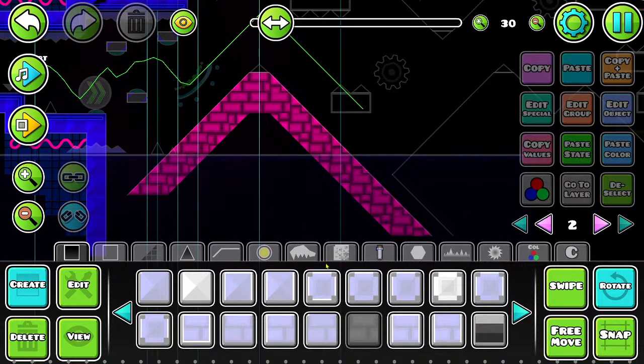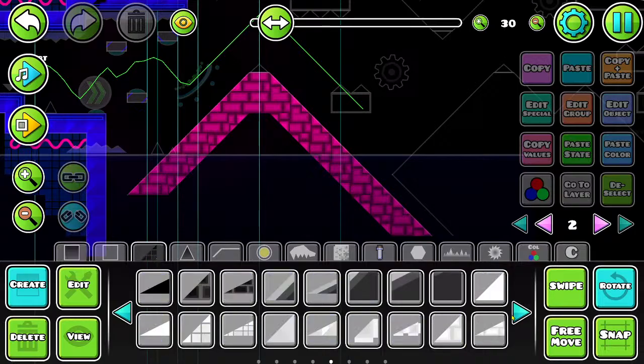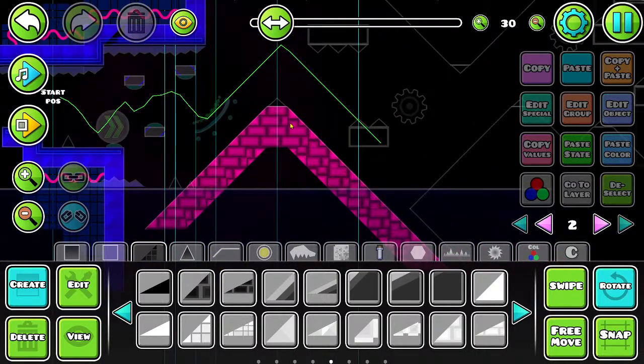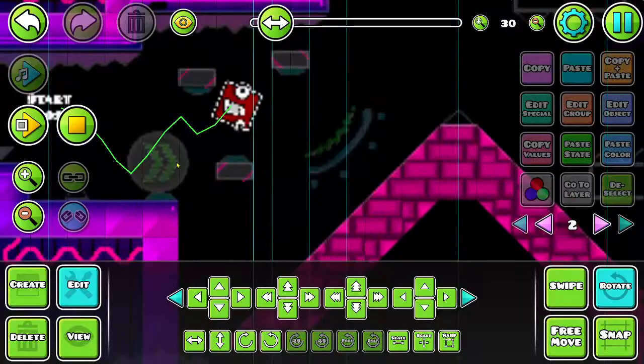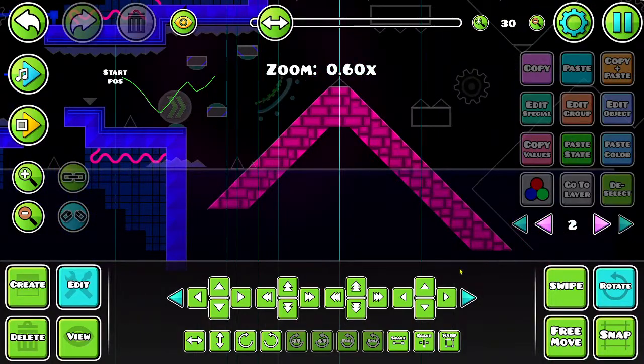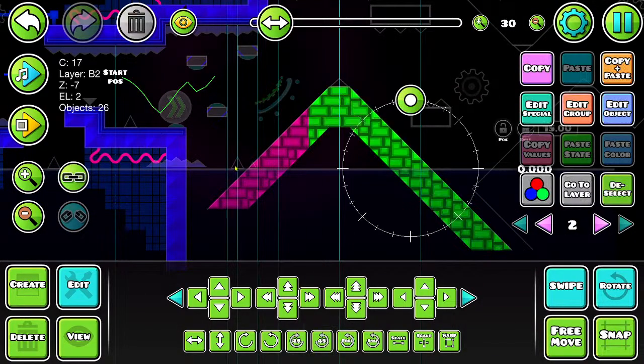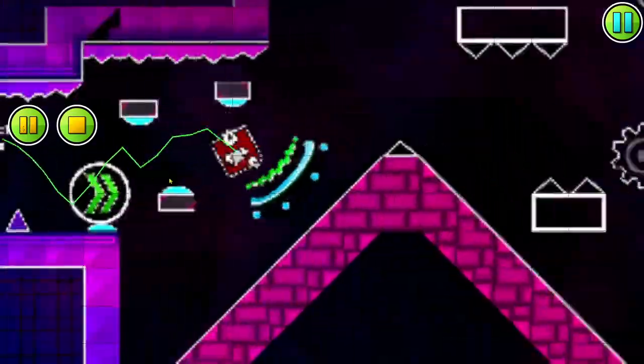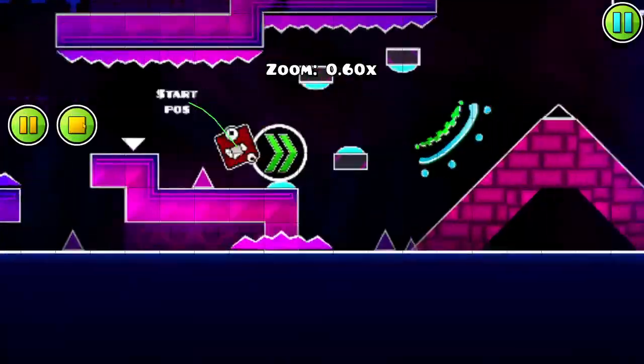That's the issue with that stupid block. I think adding some yellows can help. It will work well with pink. But at the same time, this is actually a blue section. It's kind of deceiving, but all of this is going to be on group 39, which is like the